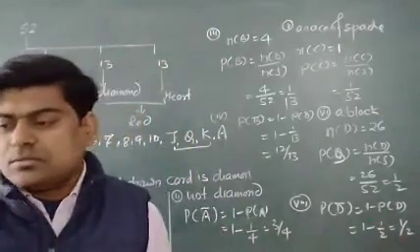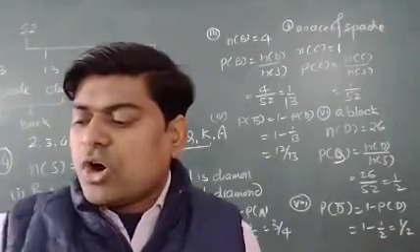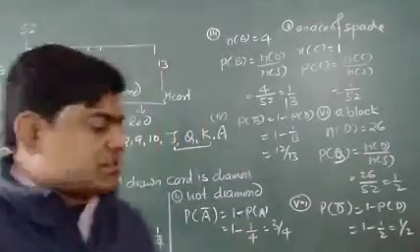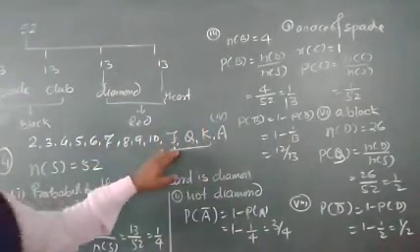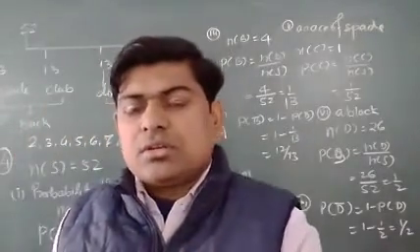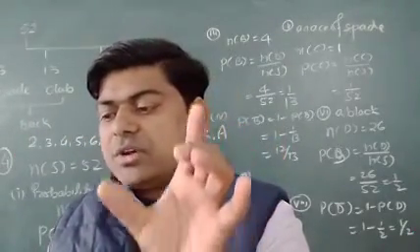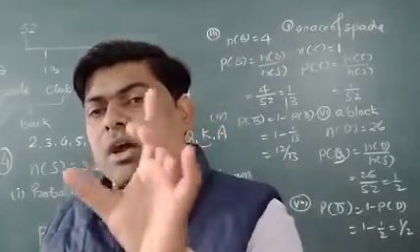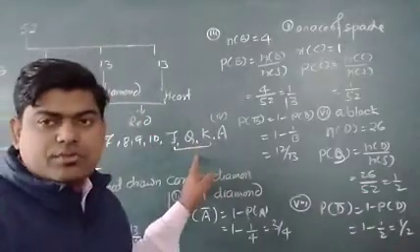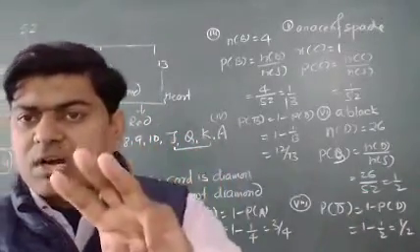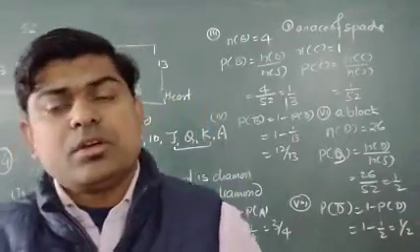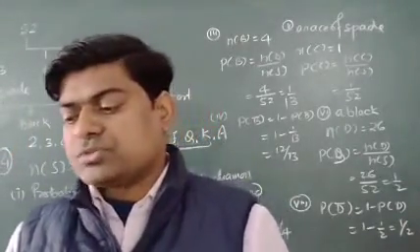A black card, it's written now. A picture card or spade. Picture means face card. You can see 3 are there. So 3 into 4 will be 12. But out of these 12, 3 are in spade. It's written: it's the picture card or spade. In spade, how many cards we are having? 13 plus 12 is 25. But in this 25, 3 cards are common. So 25 minus 3 will be 22. 22 upon 52. That is the probability of this one.